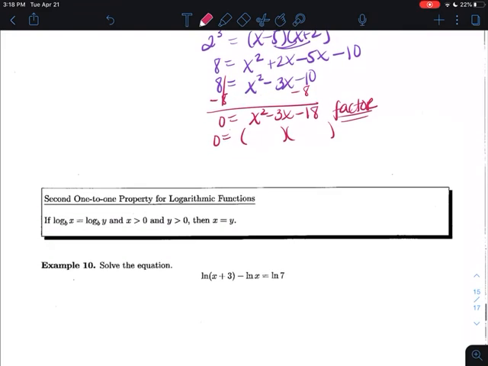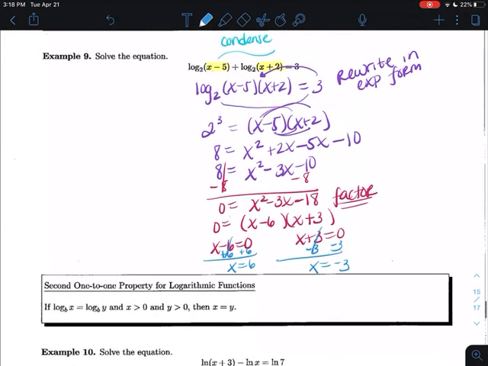So when I solve this by factoring, I have my 2 parentheses. The x squared breaks down into x times x. I'm looking for 2 numbers that multiply to give me negative 18, but when I add them together, I get negative 3. So that would be a negative 6 times a positive 3. So to solve this, you set both factors equal to 0. And when I solve, add 6 to both sides. X equals 6. Subtract 3. X equals negative 3. Before I put these in as my final answer, I need to check to make sure